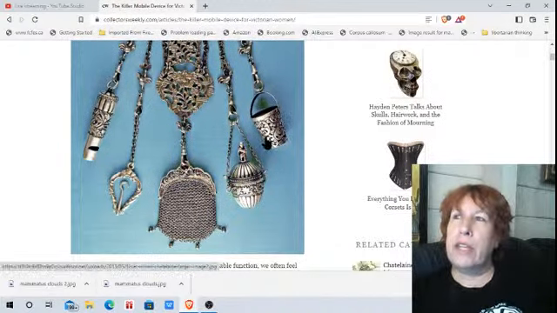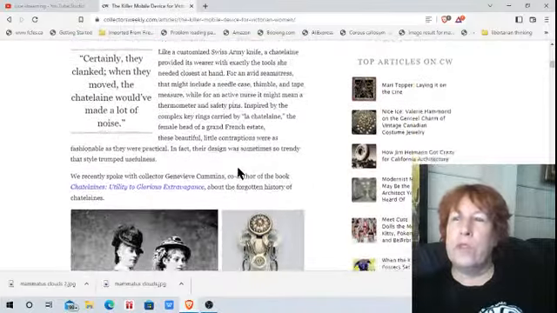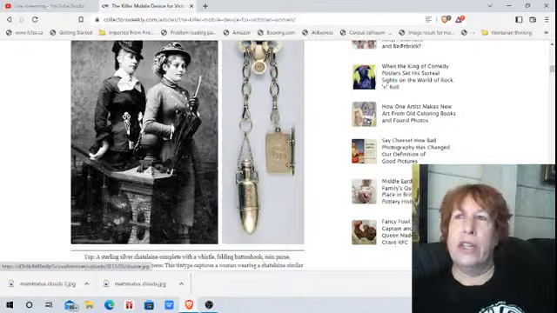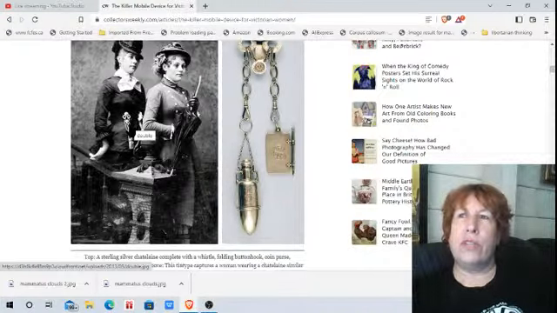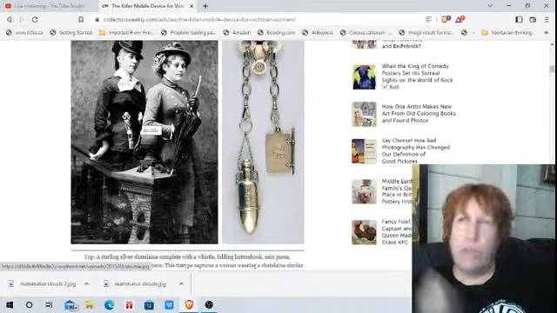I think this was like a little thimble here. This might be a sewing one. A whistle, purse, and a bunch of keys. Now, what's interesting is if you look, these things are big. So I've seen a lot of Victorian women images, but I don't recall a giant bunch of tools hanging off their belts. So the story then is that the lady of the house would have a lot of keys